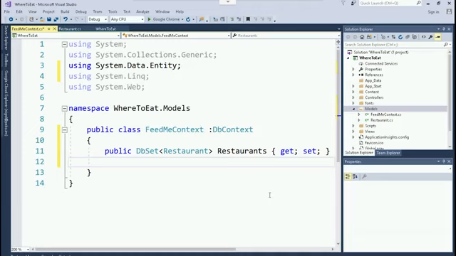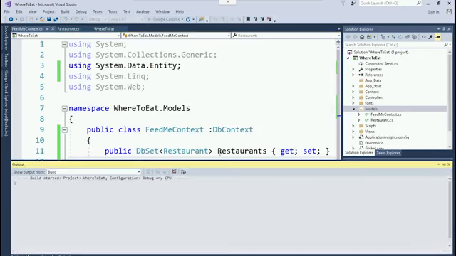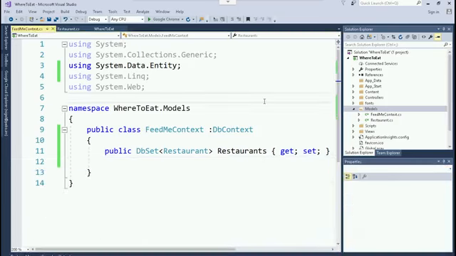I'm going to build these two classes. This is necessary to enable the IntelliSense supplied by Visual Studio to scaffold out a controller class and a set of views which will use Razor syntax to complete our work.